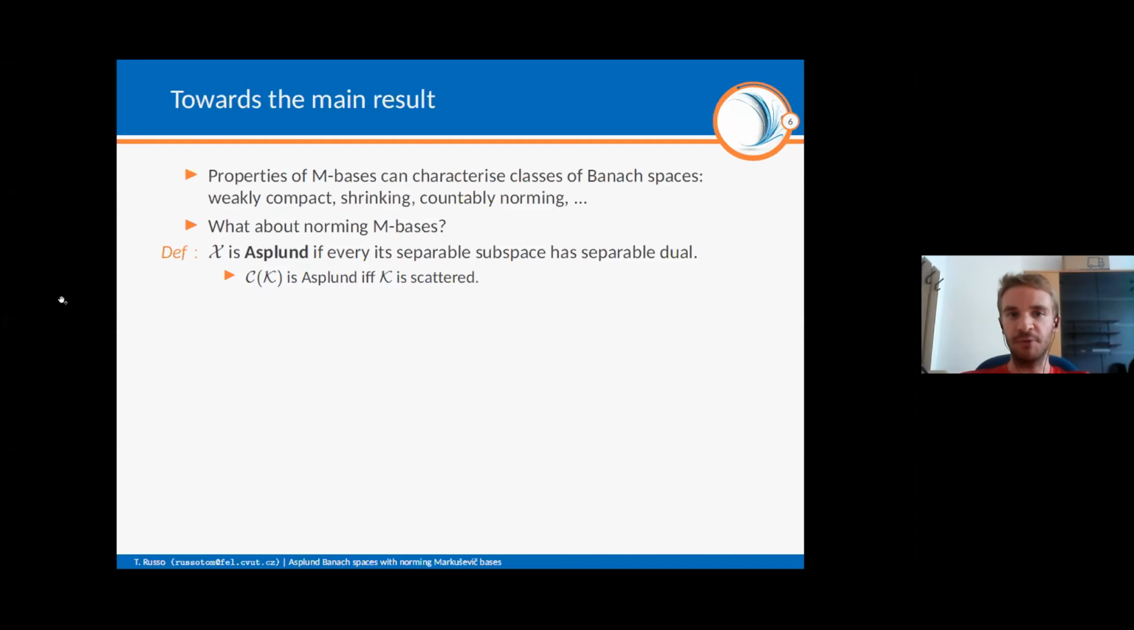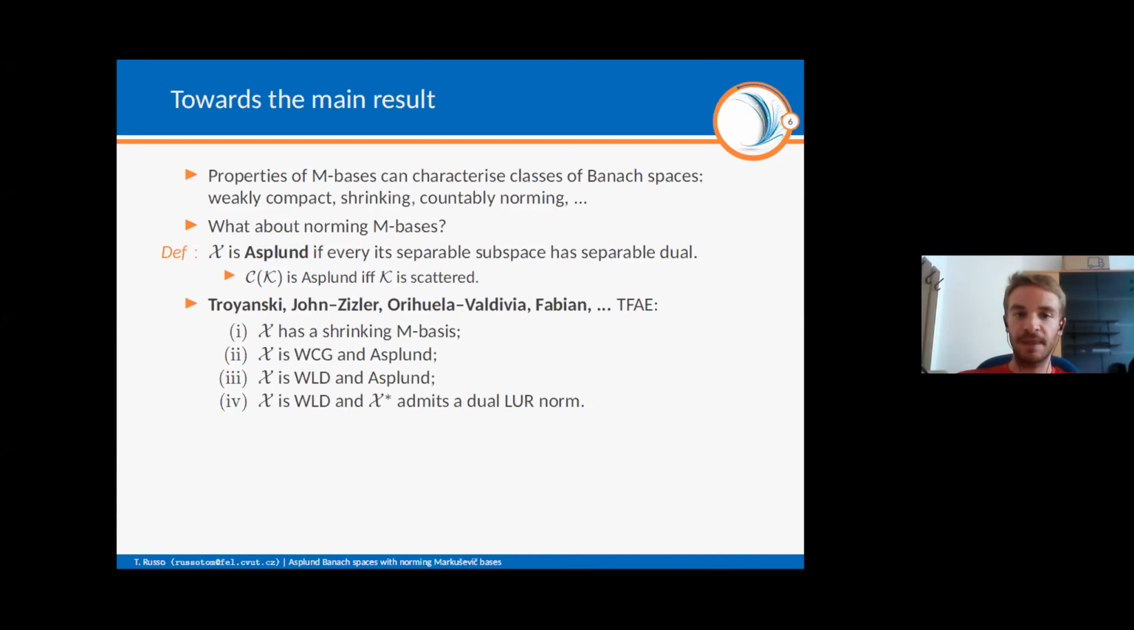So, if you want to keep in mind the objects we will consider, I won't need more than Asplund spaces, WCG spaces, and norming Markuševič bases. So definitions are more or less over, which is maybe good to know. And now I can